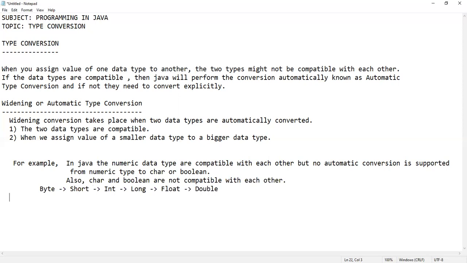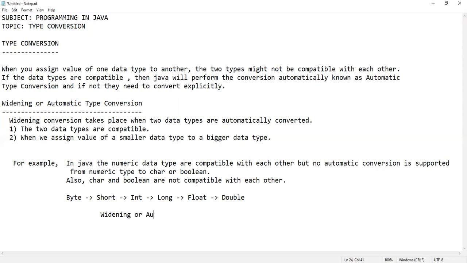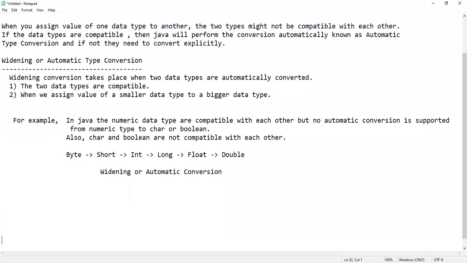We can say these are the different types of widening or automatic type conversions.